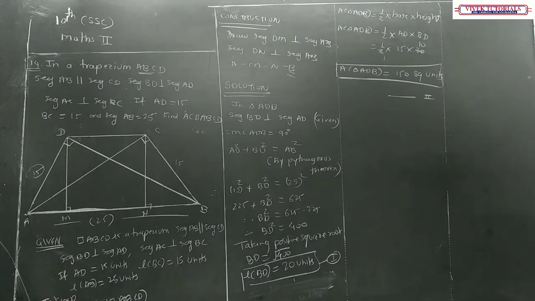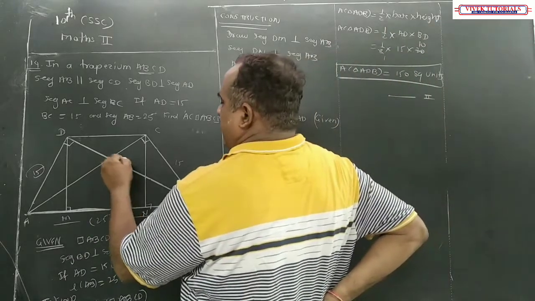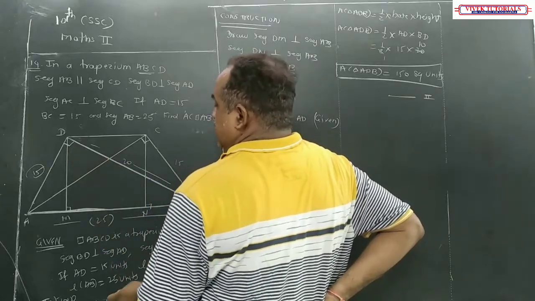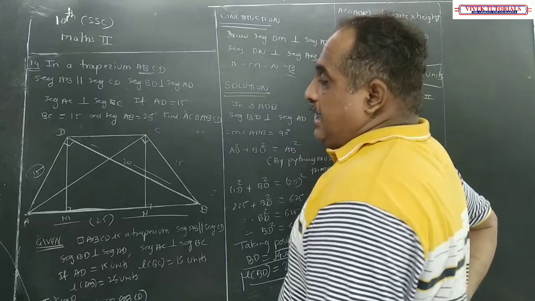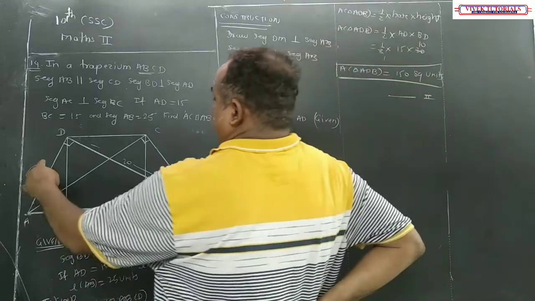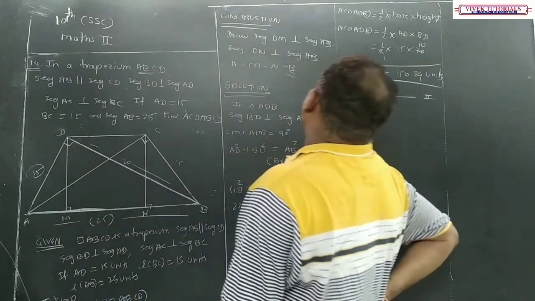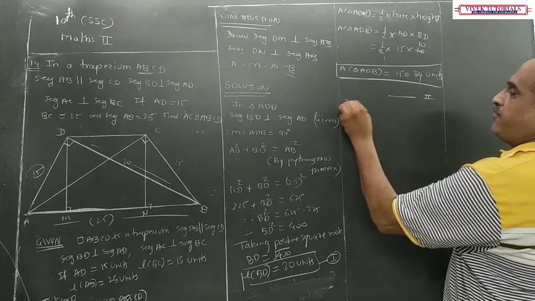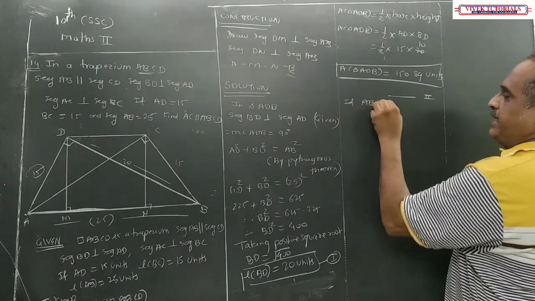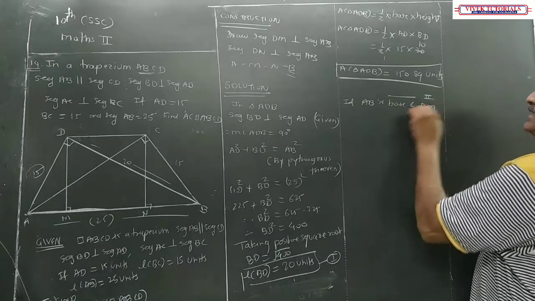Once again, see here what we did. Here we applied Pythagoras theorem and I got this value as 20. Then I applied the area of triangle ABC by taking BC, AD as the base and BD as the height. So half into base into height, 15 into 20, 150 square. Now if AB is base and DM is height